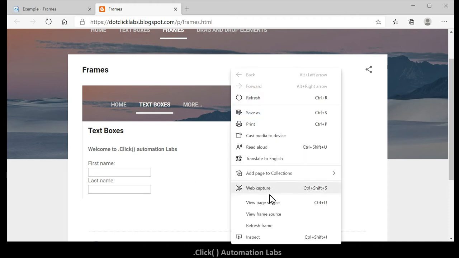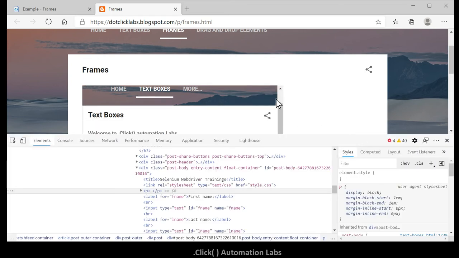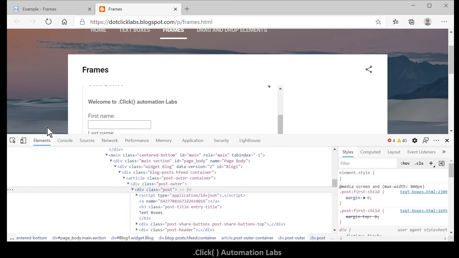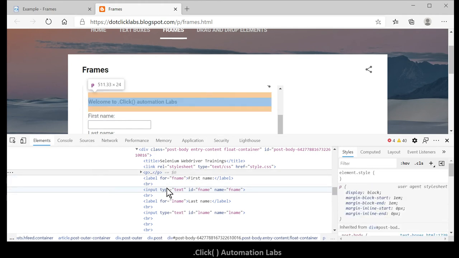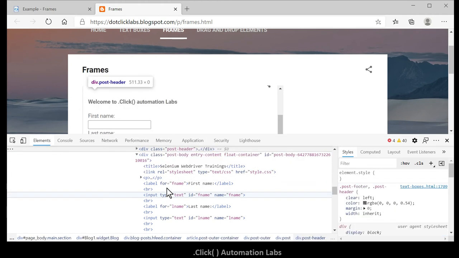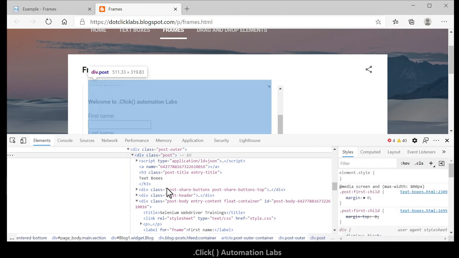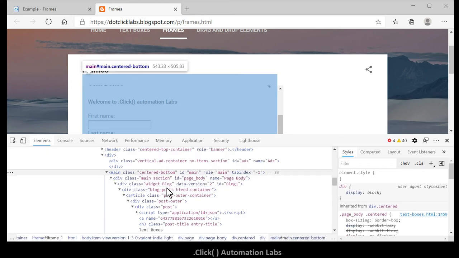So right click, inspect. Okay, let's get started from here. This is the place. So now this is not a frame. Move up, move up. This is a paragraph. Move up. This is the division. Move up. This is not. This is again a division. Move up. Not this. Not this.